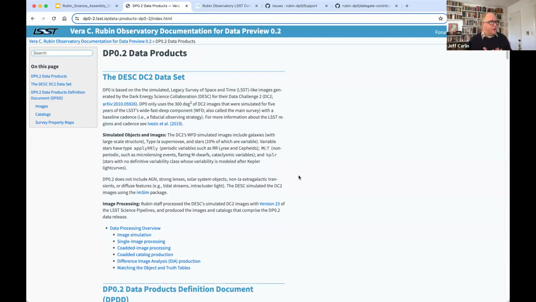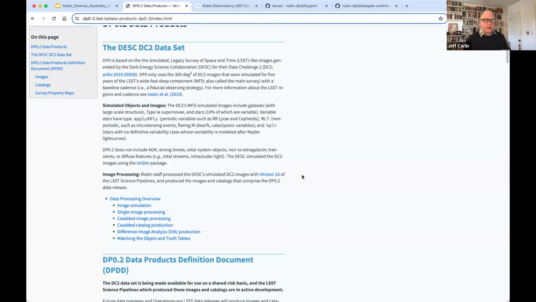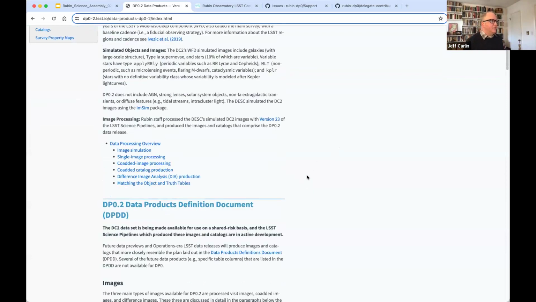And some number of those stars are variable stars, such as RR Lyrae variables and Cepheids and others. There are things it doesn't contain, but you can't simulate everything. But it is a very useful data set to get you started using our tools.